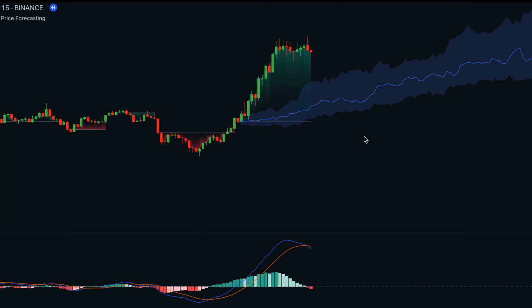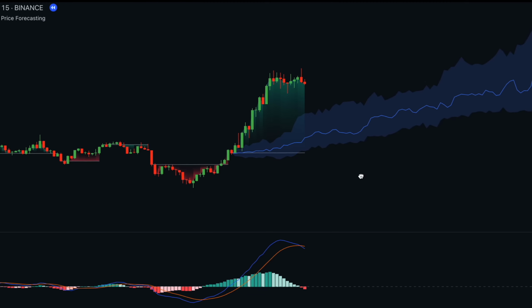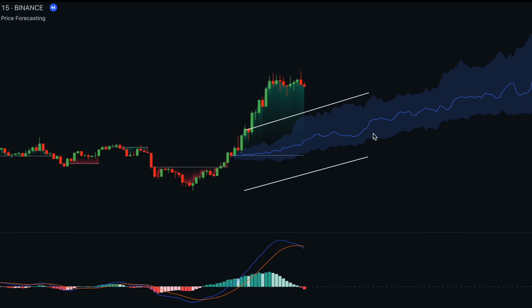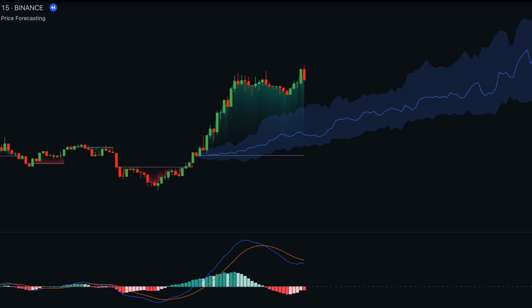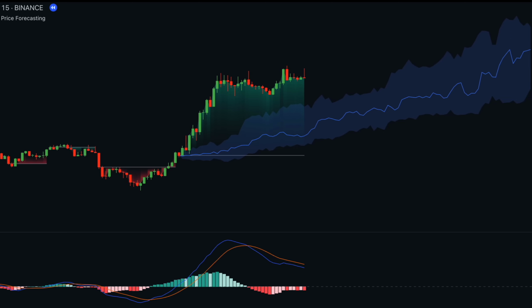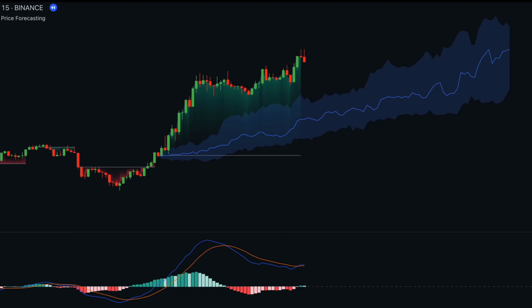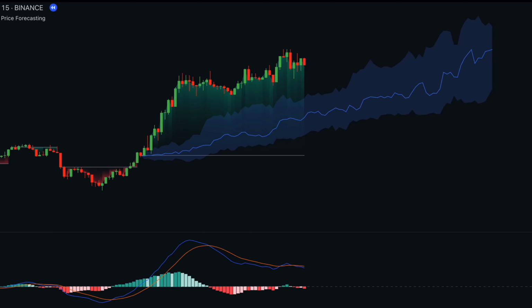An interesting feature of this indicator is its capability to introduce a bias to the forecast. By adjusting the average percentage setting, you can tilt the forecast towards a bullish or bearish bias, depending on your market outlook. It's important to note that while the MACD-based price forecasting tool provides valuable insights and predictive capabilities, it